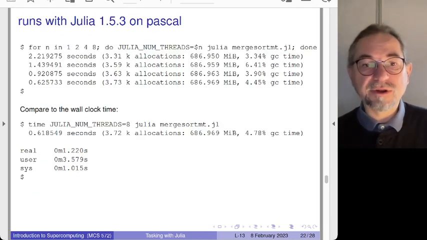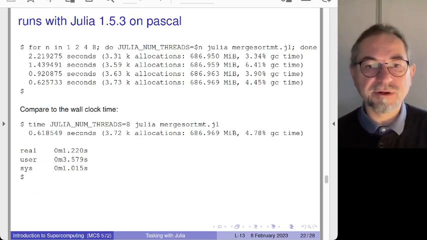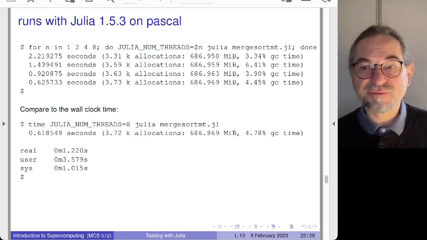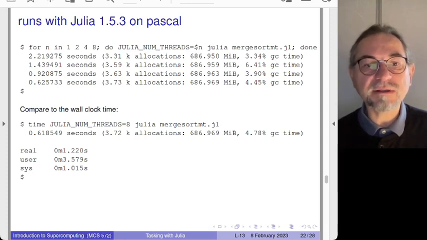Okay, so here is the construction for 1, 2, 4, 8 as the number of threads. I did it in the previous runs each time at the command line, so there is a more efficient way to do this. You can actually add the prompt, do this shell construction. So there are the runs, and you see what is reported by time